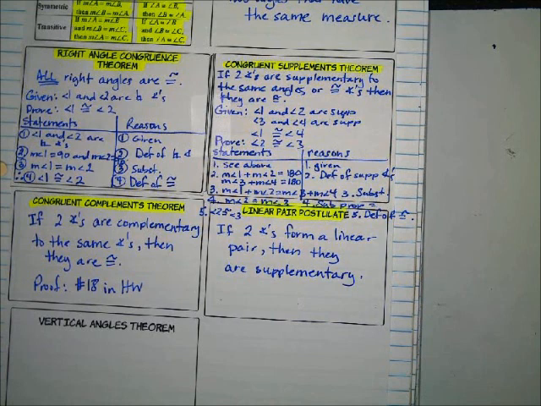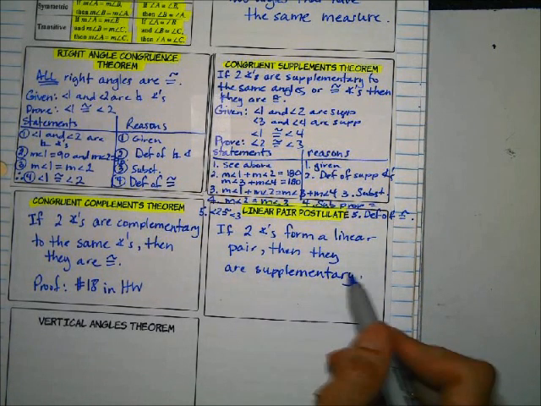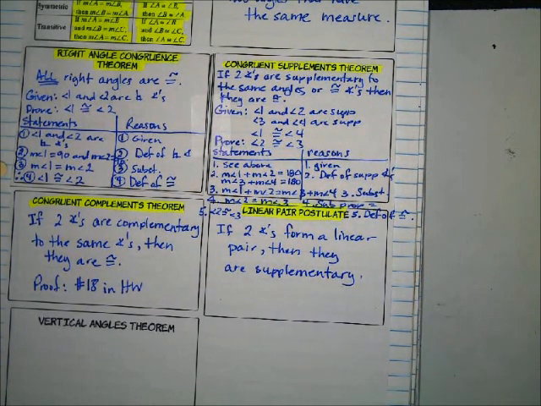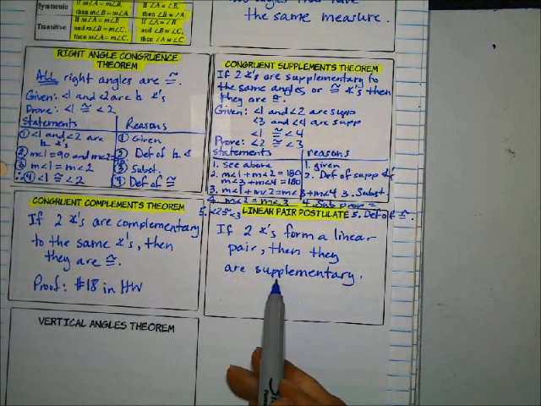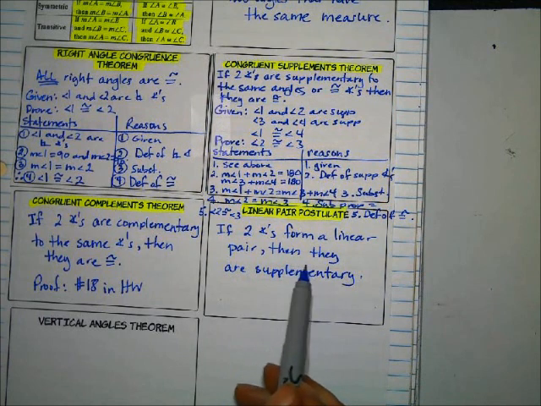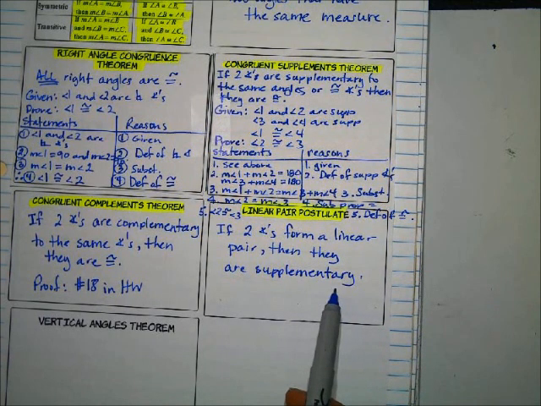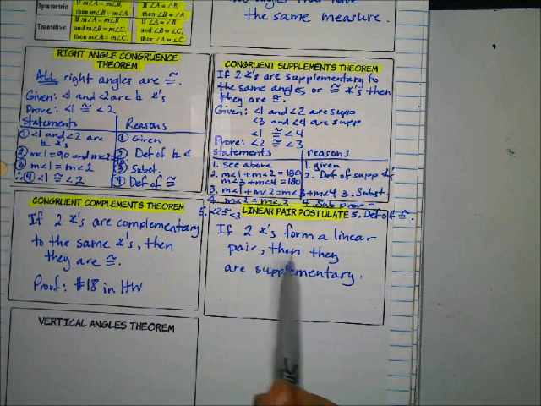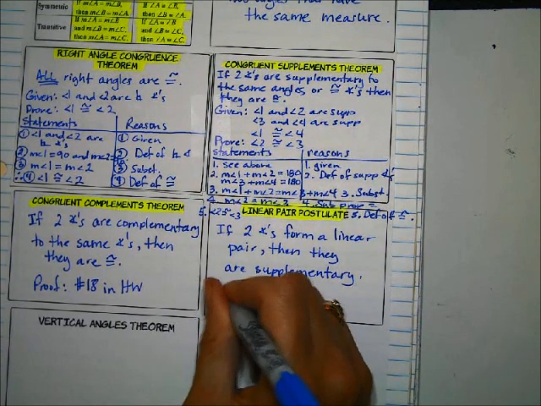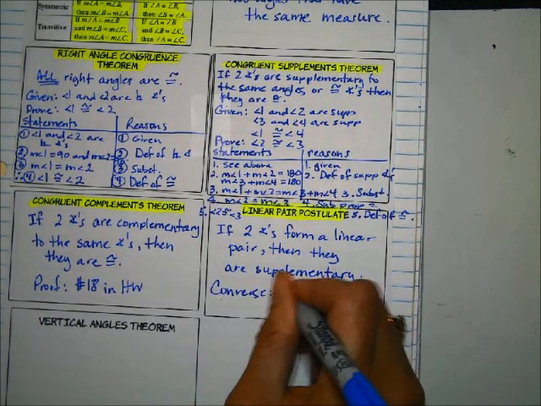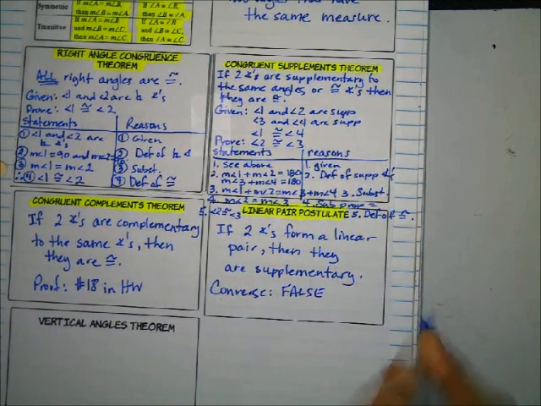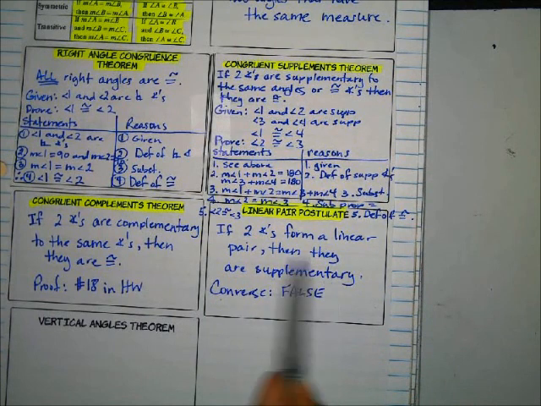So if two angles form a linear pair, of course, this is a true statement, but what I'm wondering is what about the converse of that statement? If two angles are supplementary, then they form a linear pair. Well, that is actually false. The converse of that is a false statement, because just because two angles are supplementary doesn't mean they're going to